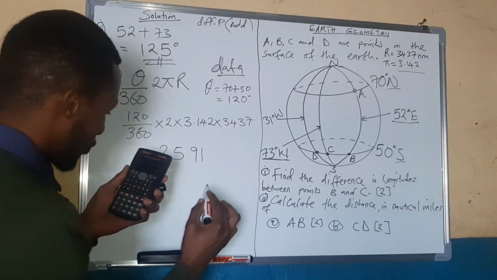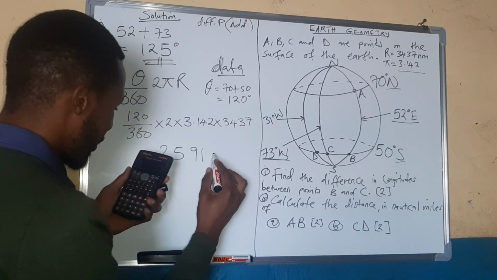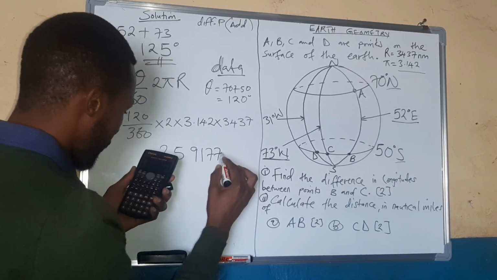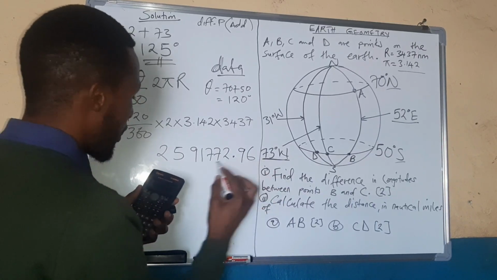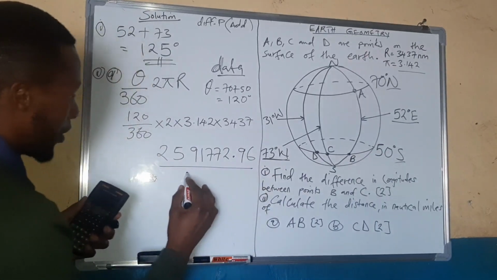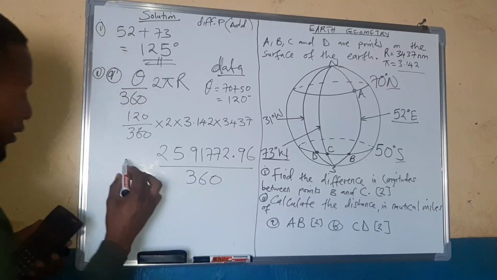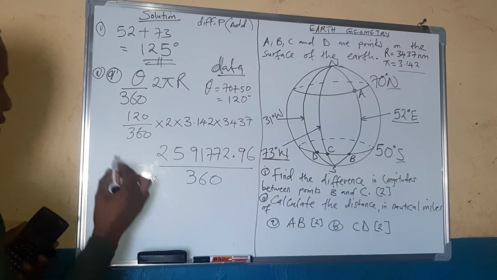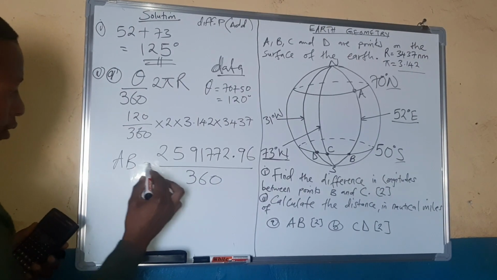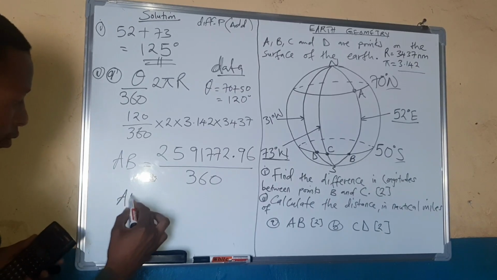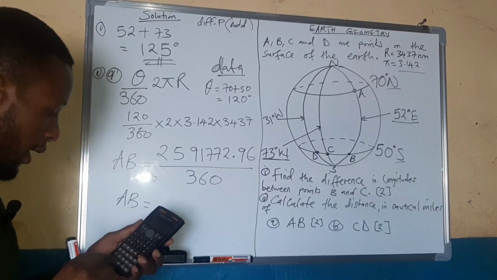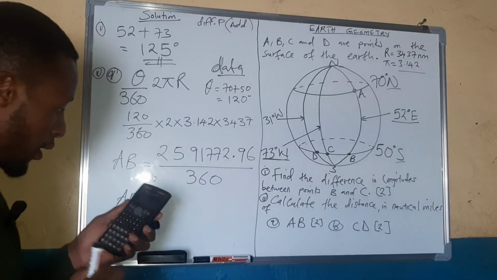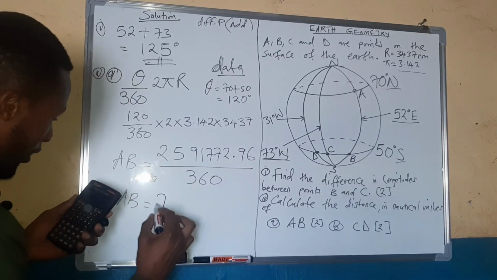No, okay, so 2591, then 77, then 2.96. Everything here will be divided by 360. Okay, so this is the distance AB, by the way. So AB will be equal to this value, we divide it by 360, where we're going to get